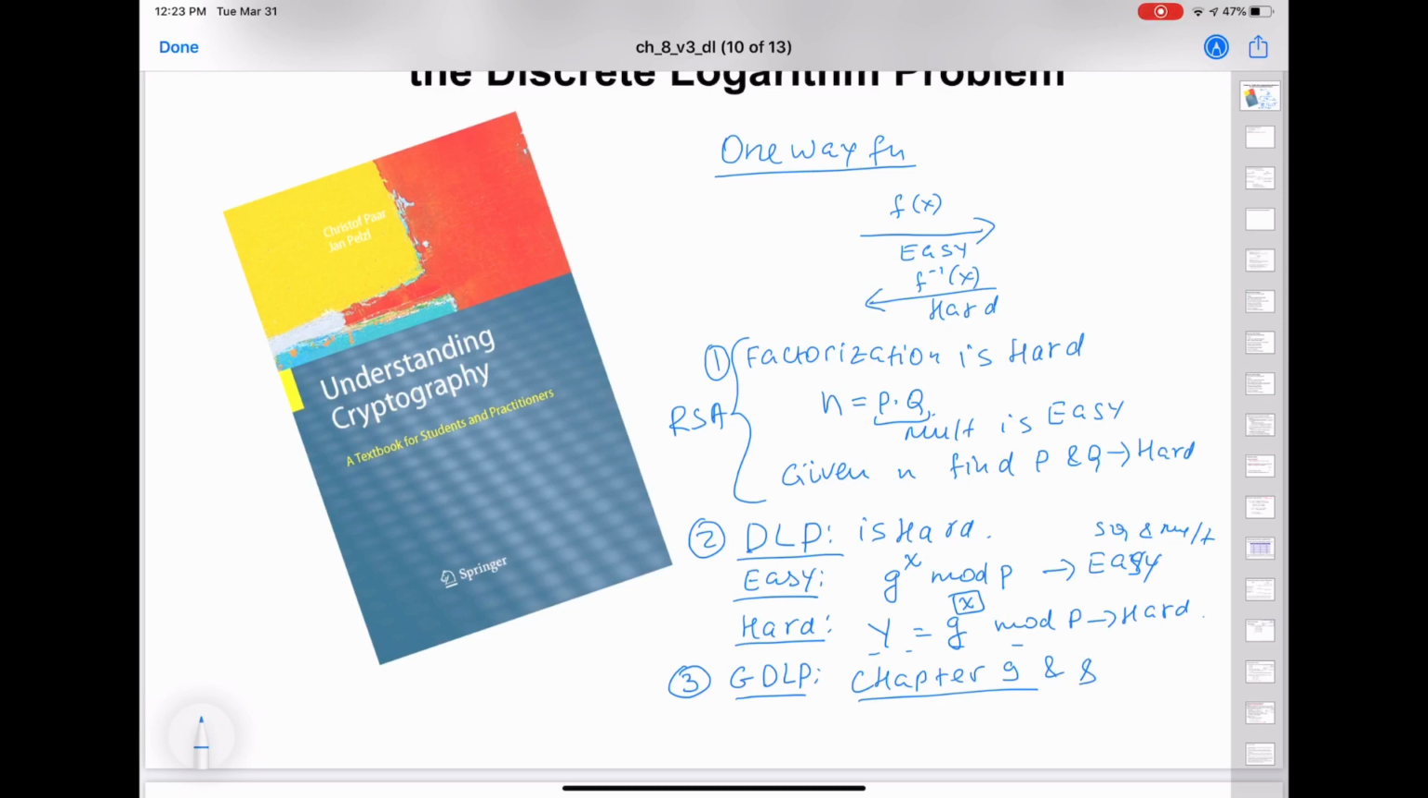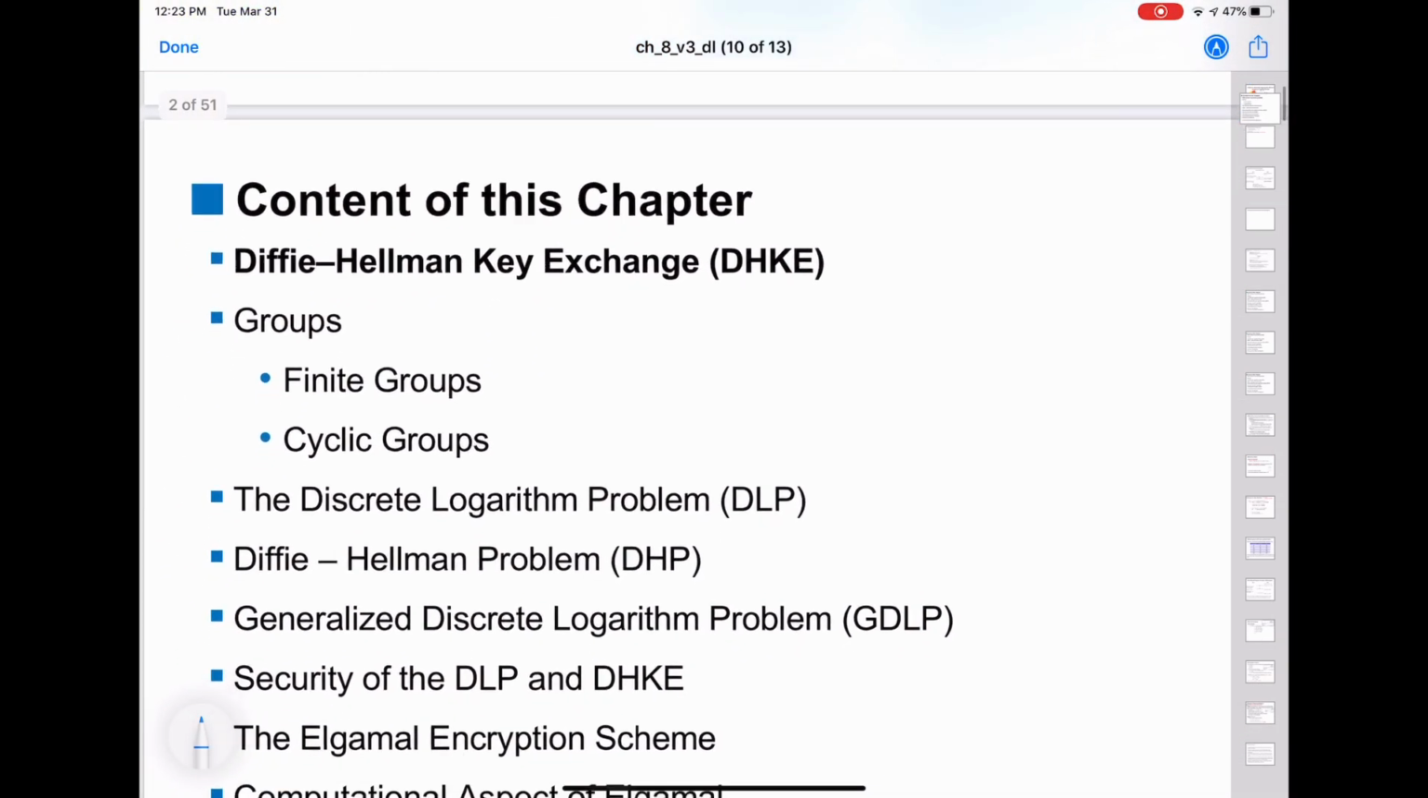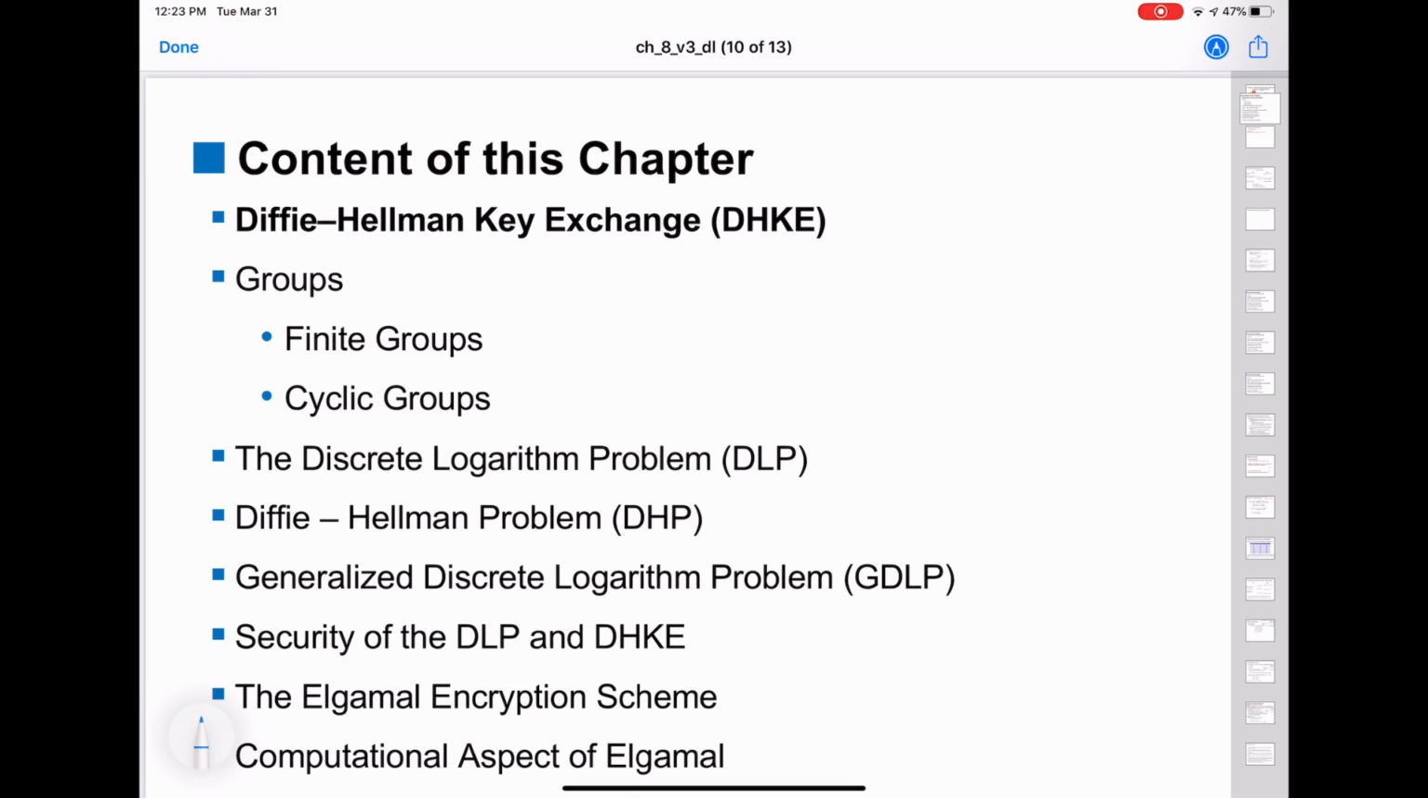Okay, so this was the recall about one-way functions and why we need them. All our public key cryptography schemes rely on one-way functions. Now let's talk more about the discrete logarithm problem. The first thing I want to talk about is